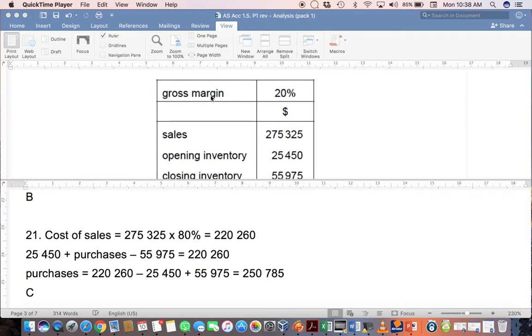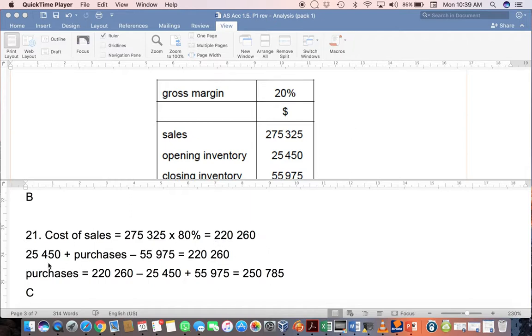Now, if the gross profit margin is 20%, that means that our cost of sales as a percentage of sales must be 80%. So if we take our sales times 80%, that will then give us our cost of sales, in this case, 220,260. We then recreate our formula of how we could have calculated that cost of sales using our inventory and